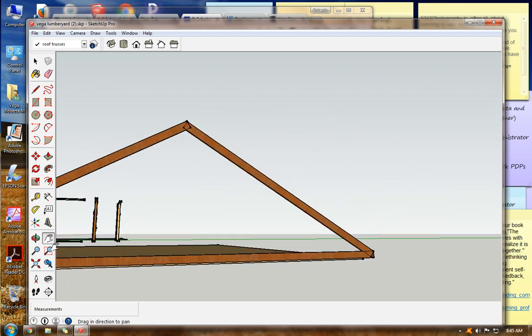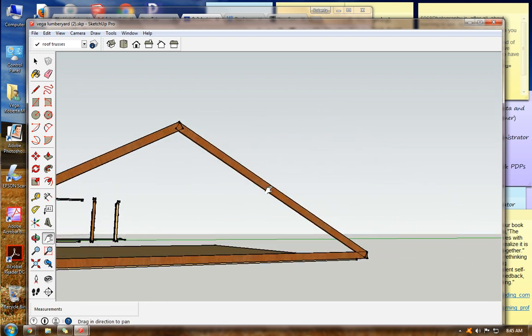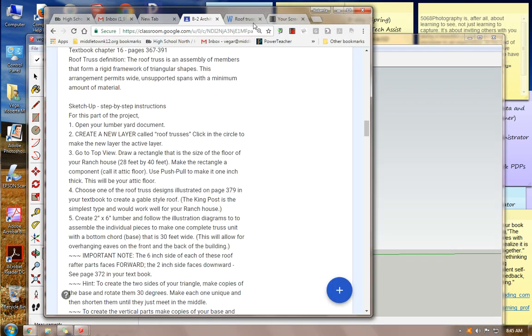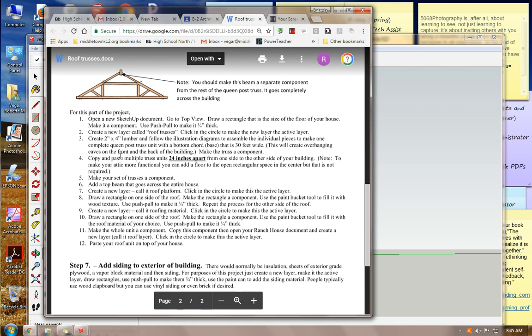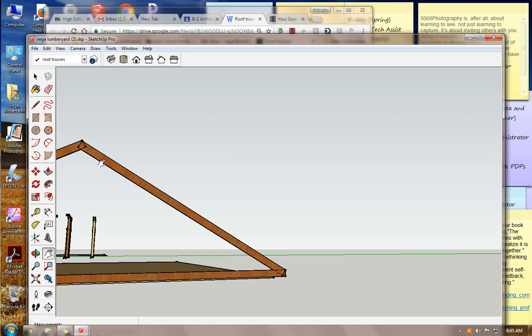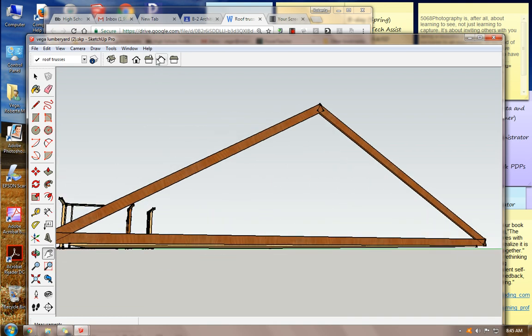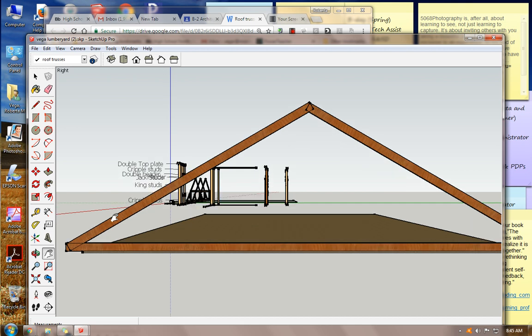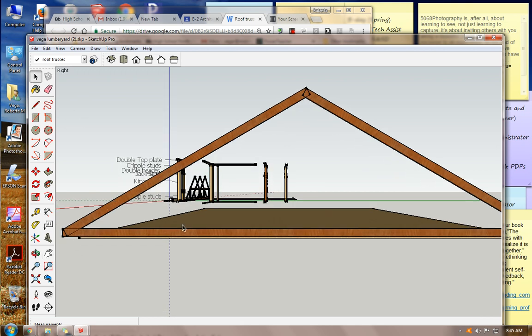Good enough. Okay, now I need to create a few vertical elements and a few horizontal elements, because a queen post truss looks like this. Looks like a big box with some diagonal supports. So I'm going to come over here to this side again. And I could just draw some more pieces, but I'm going to be a little bit lazy. I'm going to take this and Control move a copy up again,